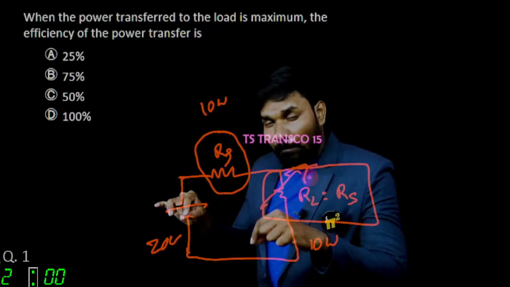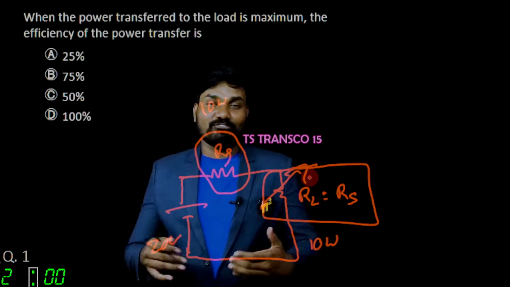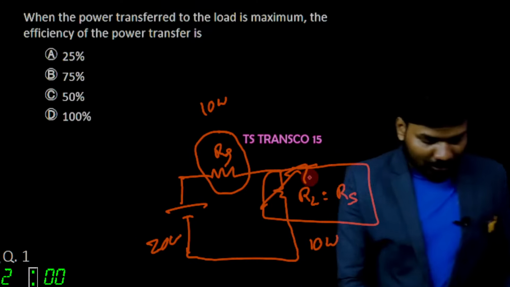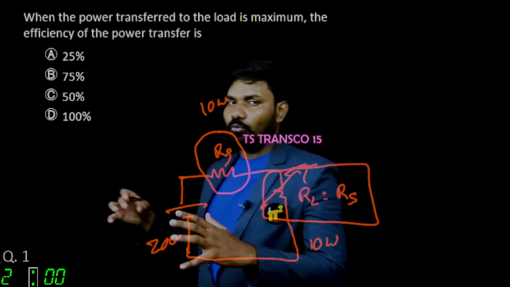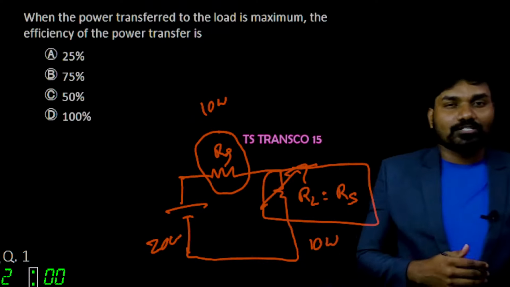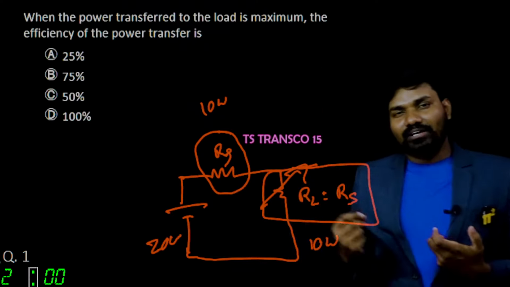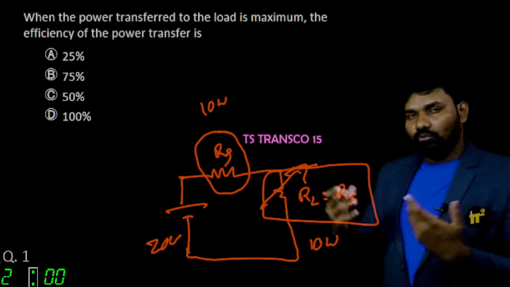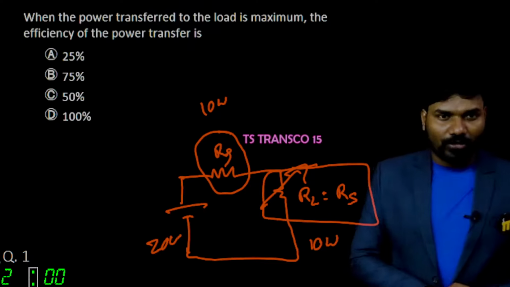But at that maximum power transfer condition, efficiency is 50%, means 50% of the power is lost. That is why we know at this condition we are going to achieve the maximum power, but we never operate that in a regular way. In normal usage, we don't try to operate at maximum power transfer condition because 50% of the power is lost. When you have some special applications where it requires that maximum power to happen, though efficiency is 50%, it is okay, then what can be done? We'll go for it.